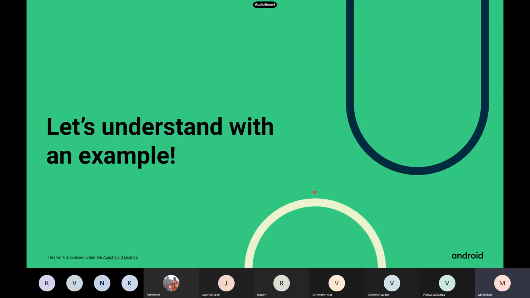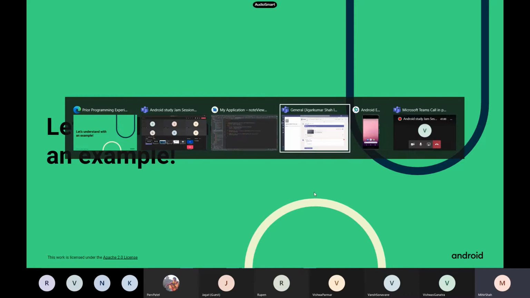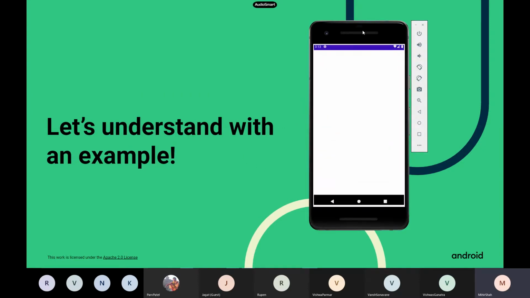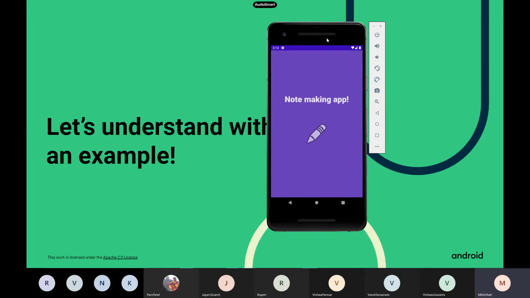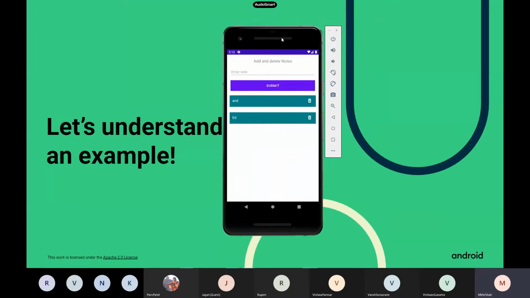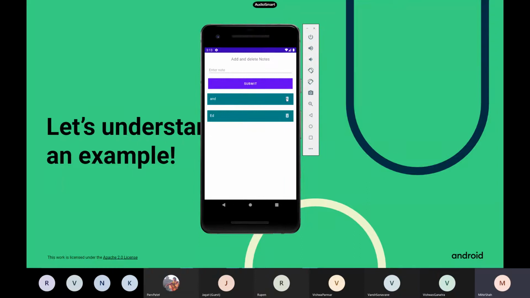So now we'll understand with an example. First I'll show you what the example is. I'm making a notes app. So in this notes app, is my screen visible, the emulator? Yes, yes, Meher. Okay. So this is a notes app where we can delete or enter notes.